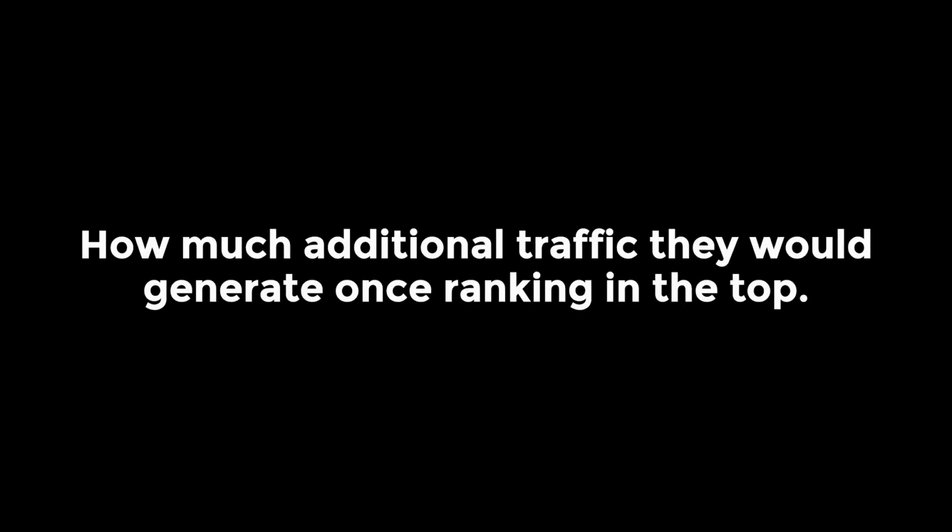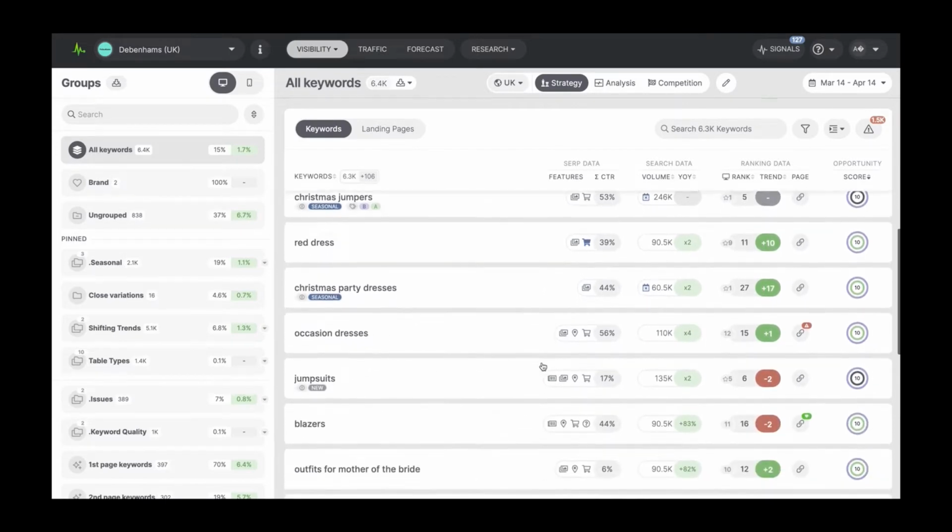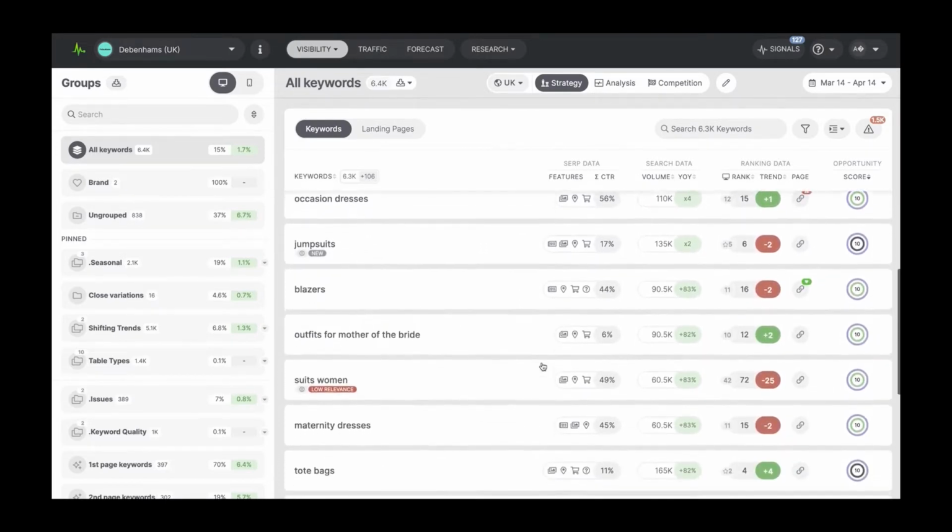SEOmonitor helps you prioritize your keywords based on how difficult it is to improve their rankings and how much additional traffic they would generate once ranking in the top. Let's say you need to figure out which keywords from this campaign could generate the biggest impact on your SEO